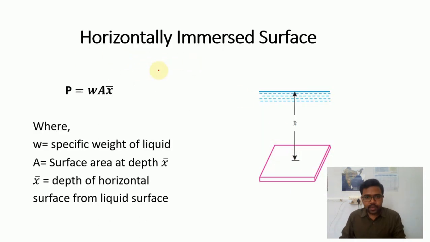Next, let's see different conditions. So we are dealing with hydrostatic forces, right? Whenever the fluid is in contact with an object, how much pressure force will act on it. The object may be immersed horizontally, it may be vertical, or inclined, it may be a curved object, or of any other shape, right? It's possible. So now we will see different conditions.